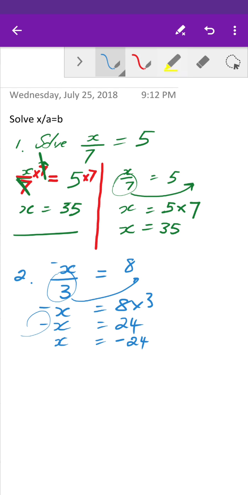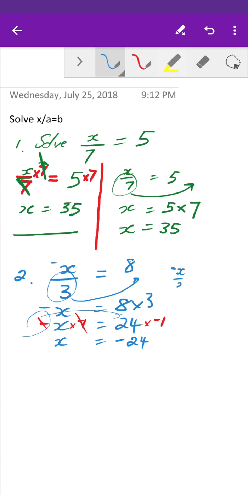Now you could take the negative across, or you could divide, or you could multiply both sides by negative 1. If you were to multiply both sides by negative 1, then the negative times the negative is a positive, so they become just positive x. And 24 times negative 1 is negative 24. I guess we've got a bit of space over here,